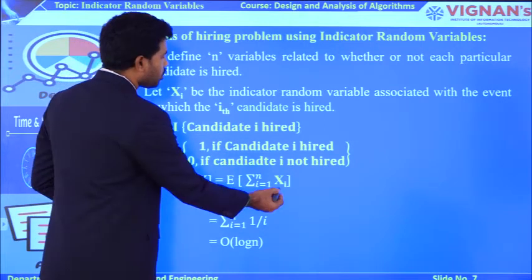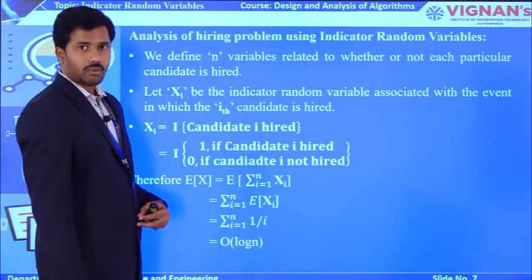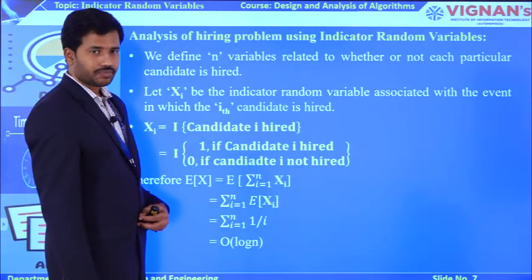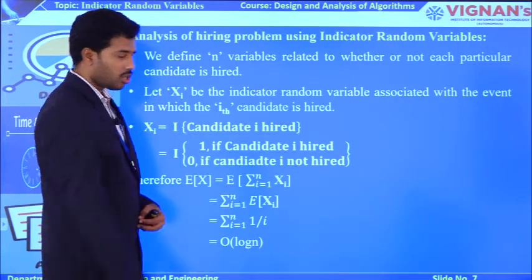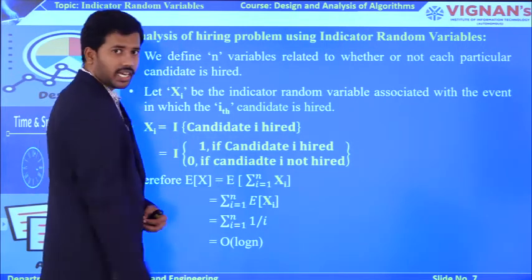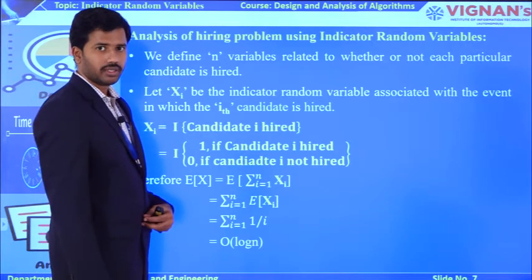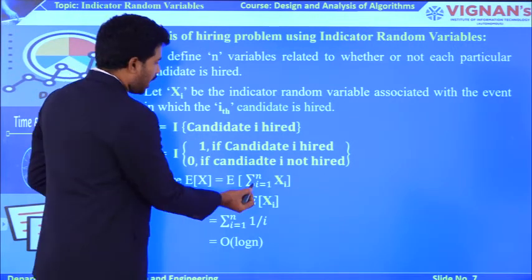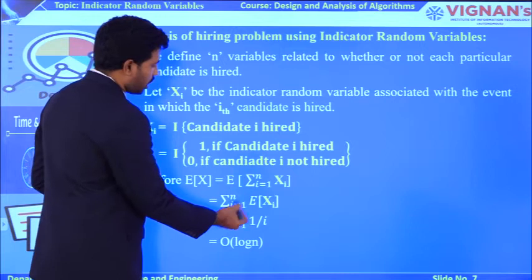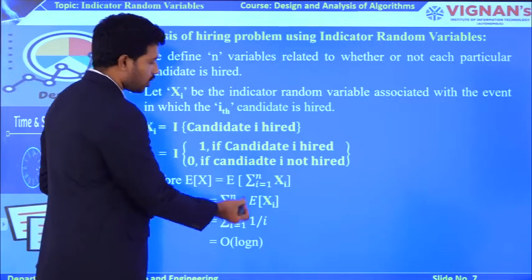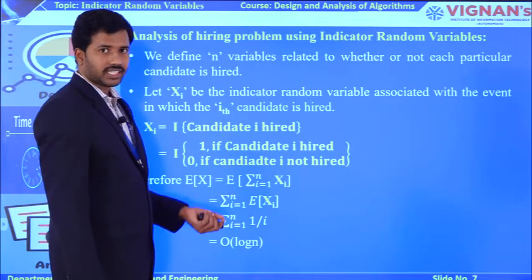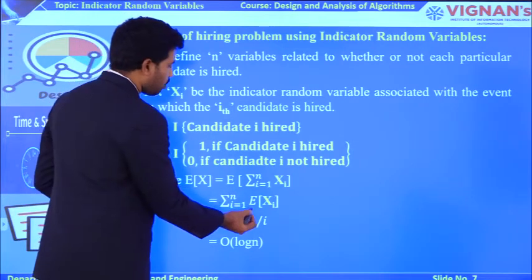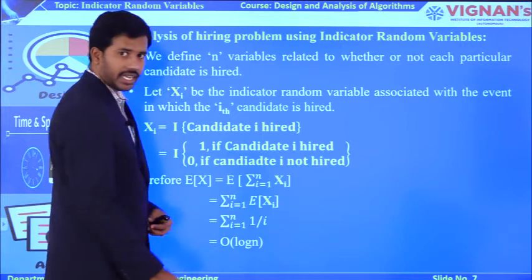And my task is to find out the time complexity for the event X_i. Okay, this E denotes the event. Based on this event only I have the capability to find out the probability. Now try to separate this sigma value to the left side, so that sigma i equal to 1 to n is going to be the event of X_i. So I am finding out the time complexity for the event to hire candidate i.